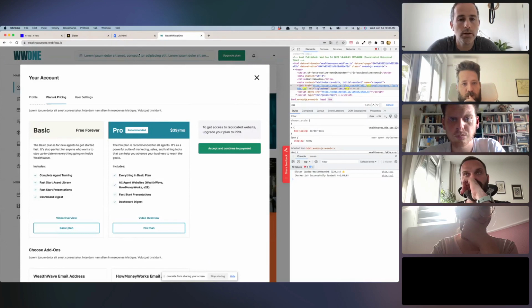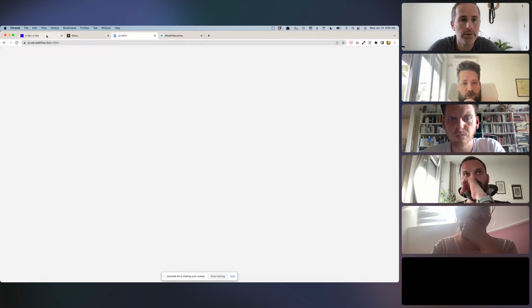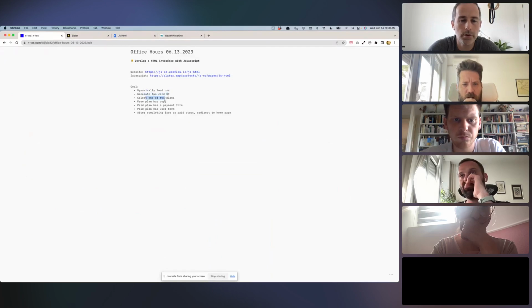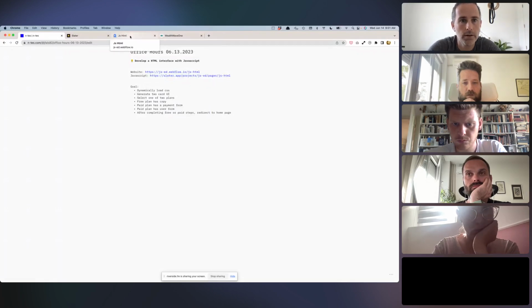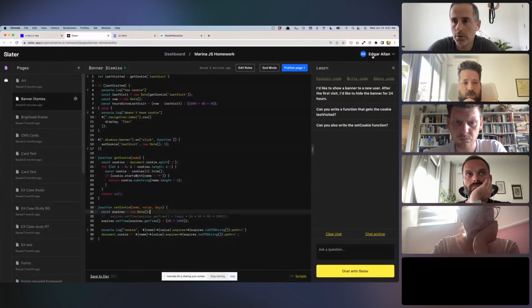So that's what I want to represent: the two card UI. You select one of the two plans. The free plan will just show copy. The paid plan will show a payment form, and then it will show a user form. After completing either of those two flows, you get redirected to the home page. We probably won't get through all of this in the next 30 minutes, but we can start doing some of it. The first thing I want to do is go to my